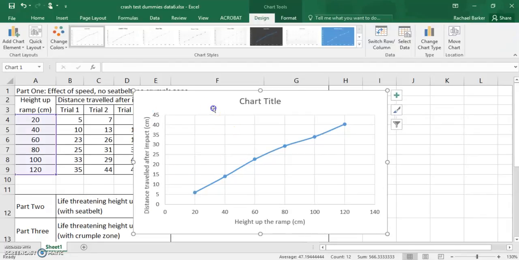Okay, the last step is to change the chart title to something sensible. So your chart title should tell you something about what is shown on the graph. So I'm going to leave that up to you, but it's the same process. You just click in here, delete what's written, and type your own title. Okay,